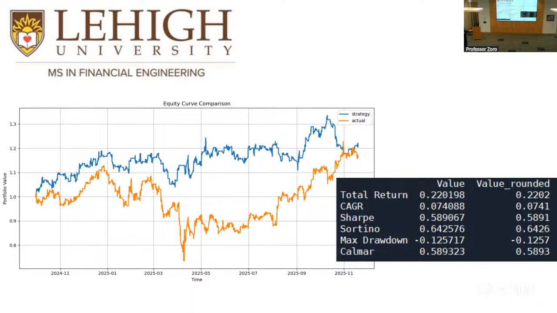Here is the equity curve of our strategy compared to the buy and hold strategy. The orange one is the buy and hold strategy. So I would say sometimes our strategy is more stable, and this is what we are looking for. For example, this year in April, when the tariff comes, the buy and hold strategy faces a large drawdown,